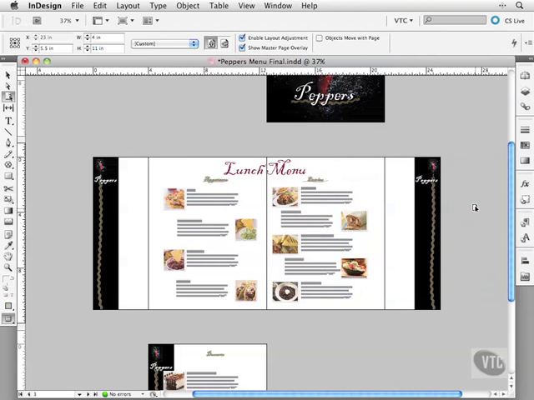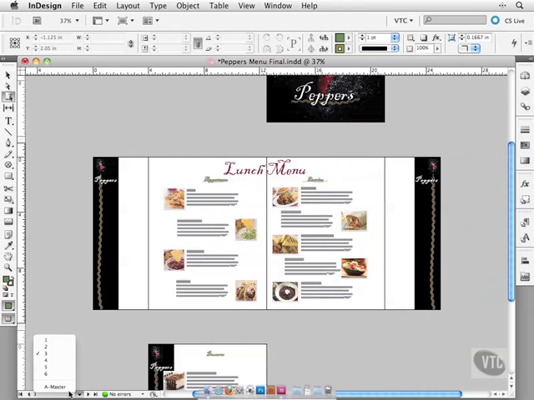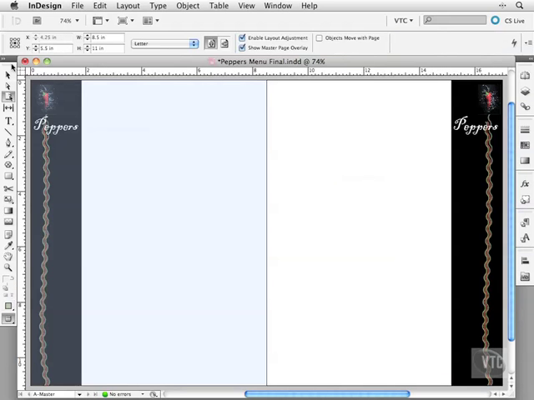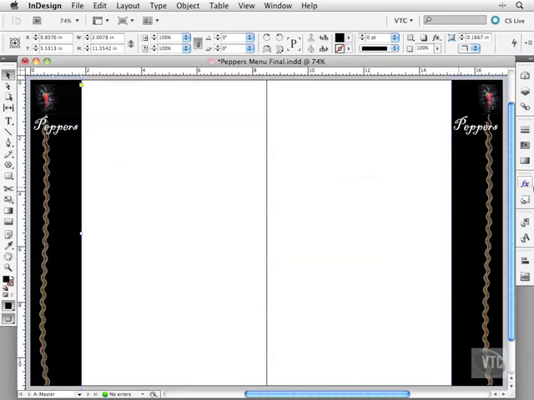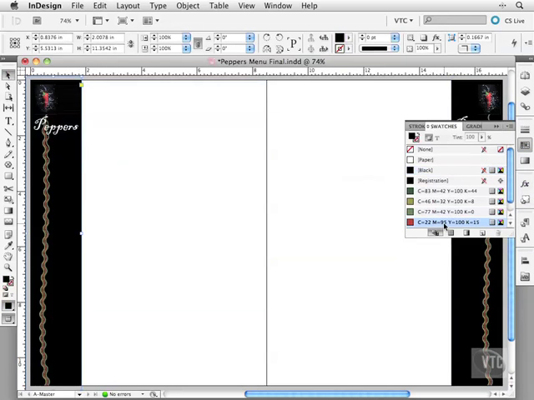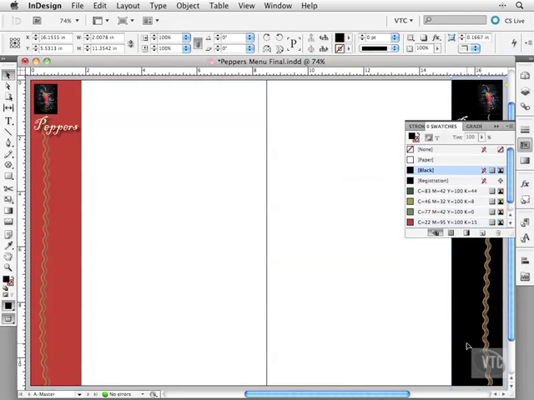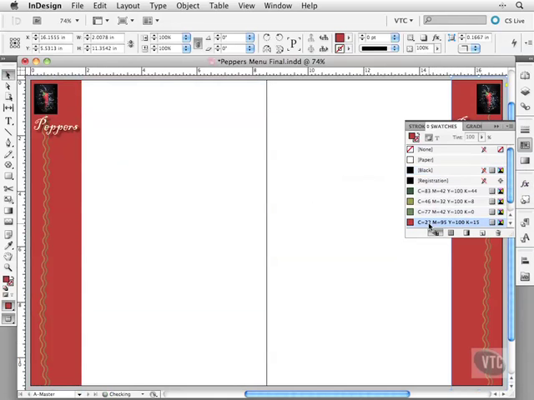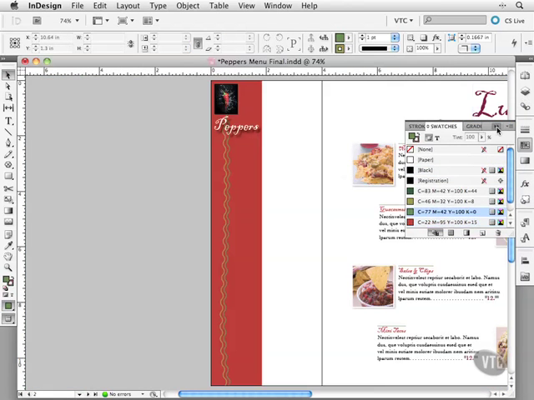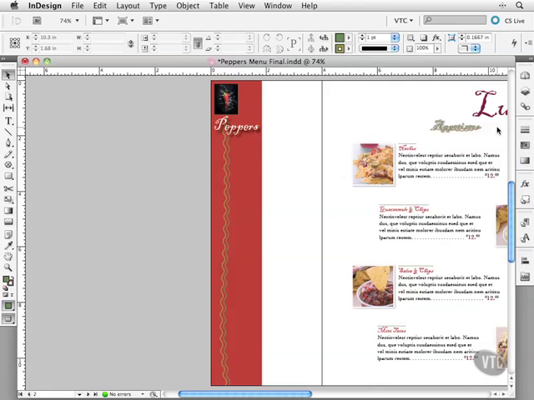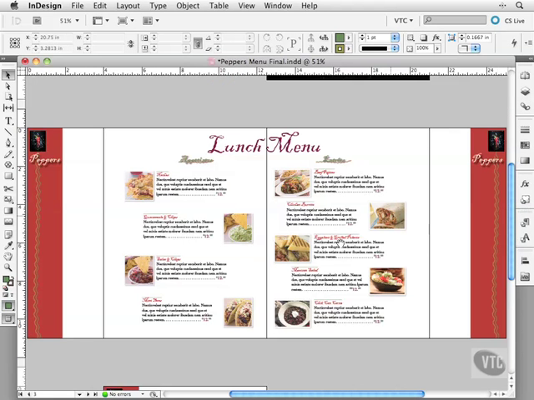Now I haven't separated this from the master page, so if I were to go into the master pages, wrong tool, and select the background here and change it to red, let's say like that, this one here, change it to red, and then go up to my spread here, and Command Option Control Alt 0. There you can see the master page has not been overridden because it's showing the changes that we made to the master page. So that's great for